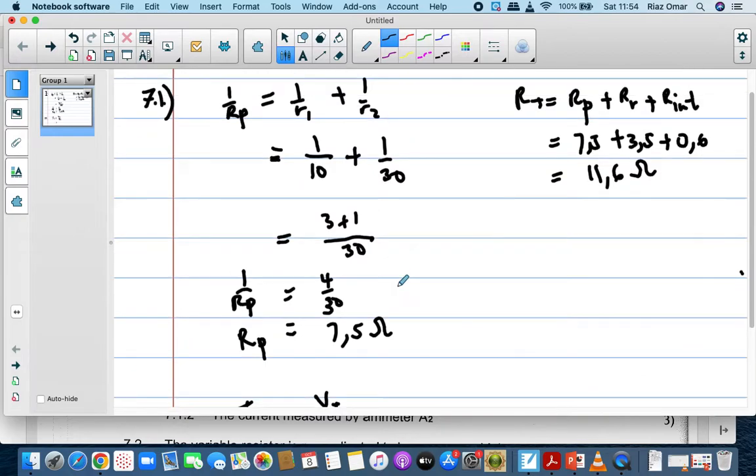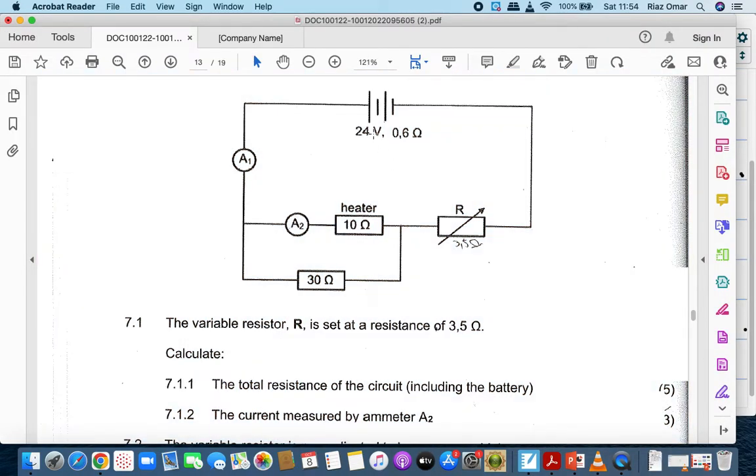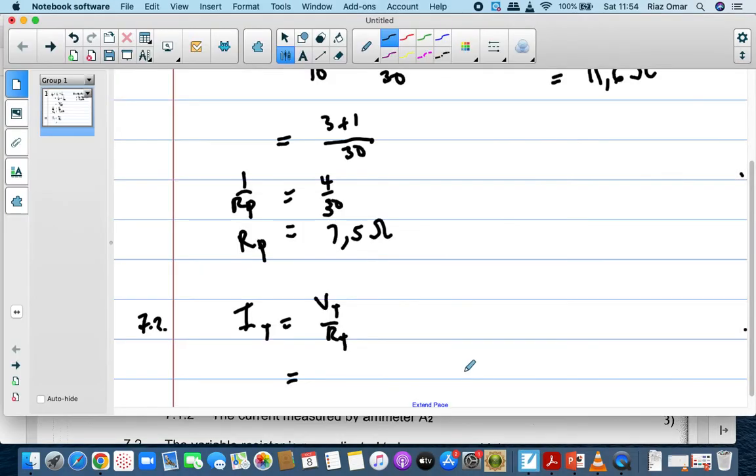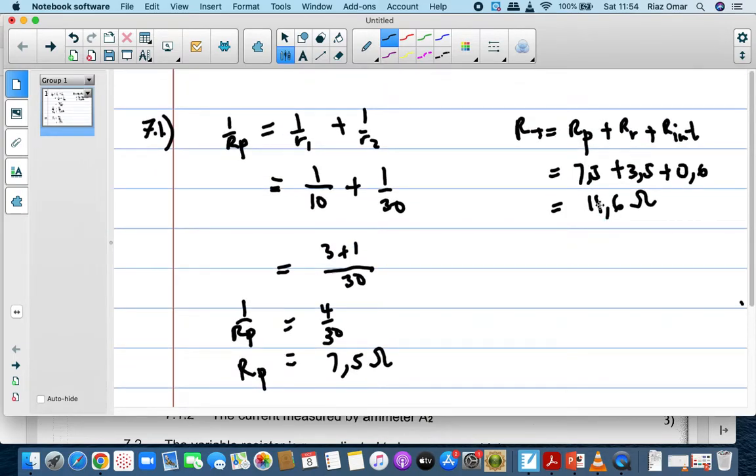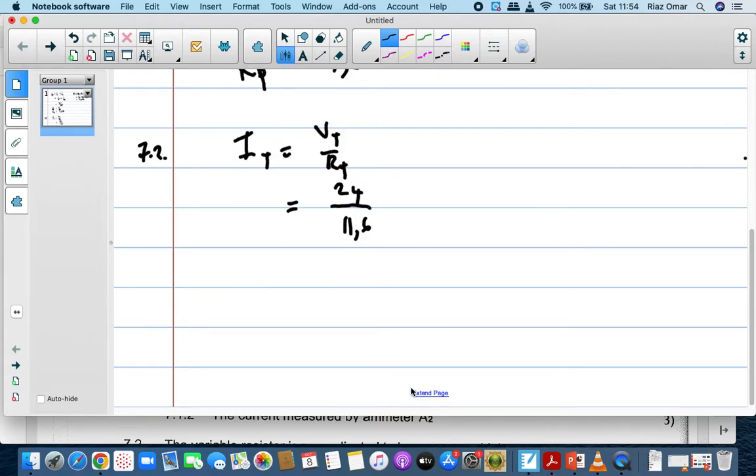The V total will be the voltage of the battery, the total voltage of the circuit, which is 24. 24 volts is the total voltage of the battery. So we can say your total voltage is 24 and your total resistance is the one we worked out before. RT is equal to 11,6. And if you work that out, 24 divided by 11,6,